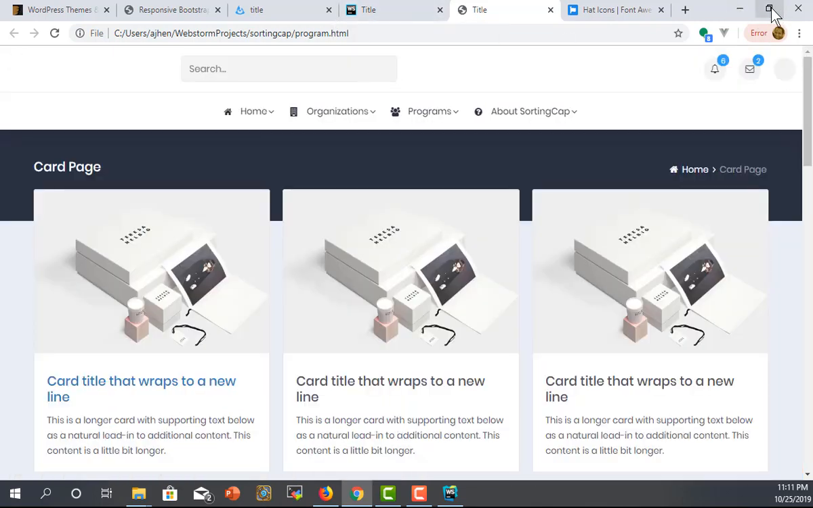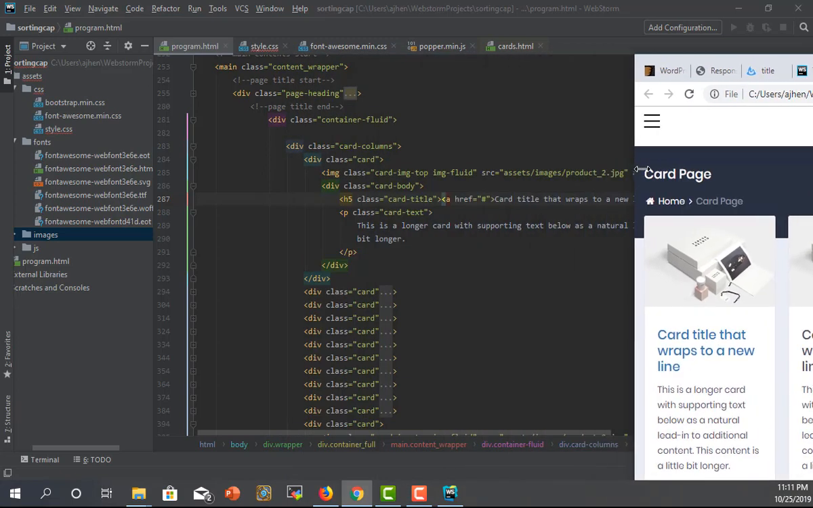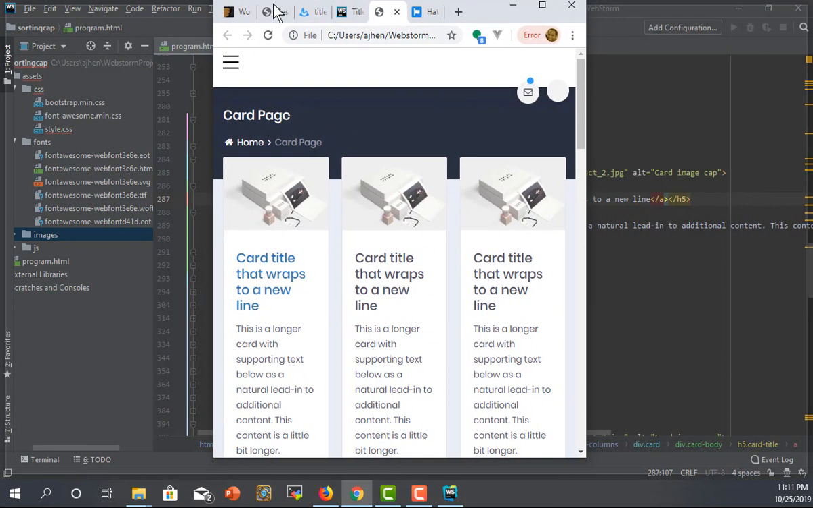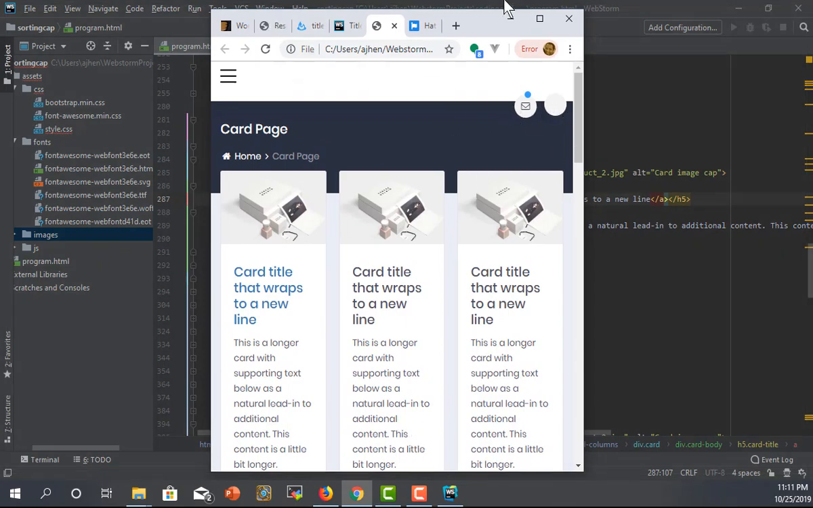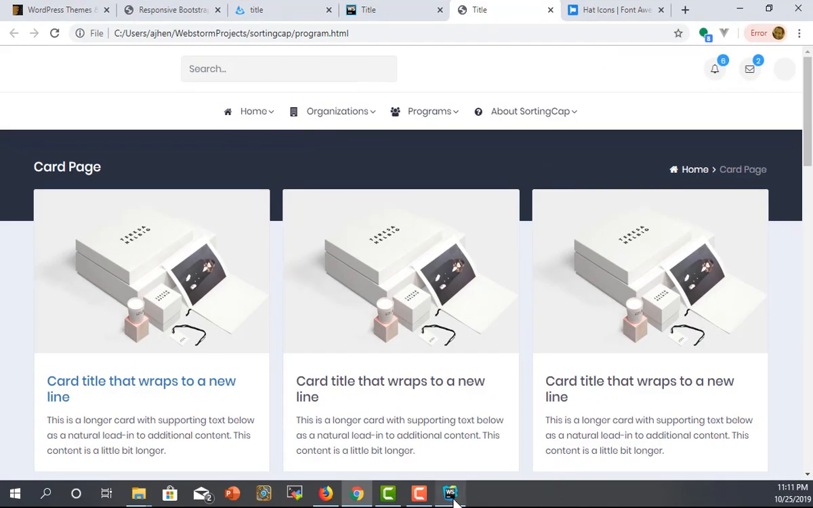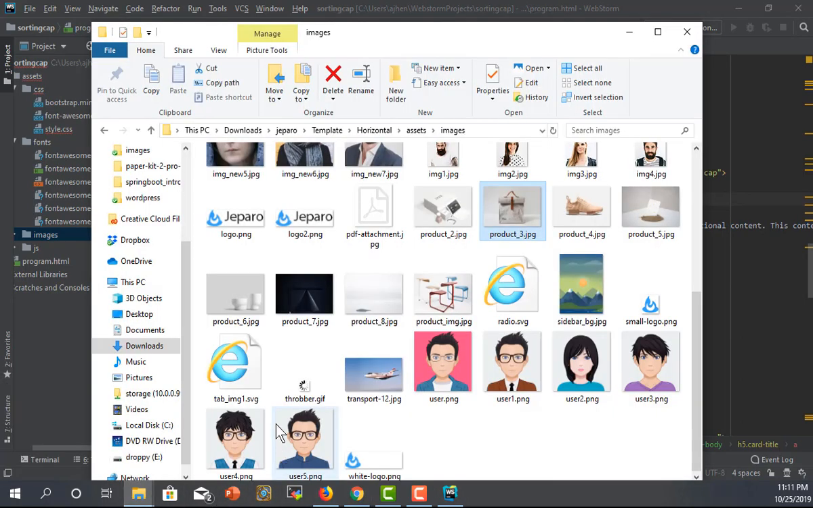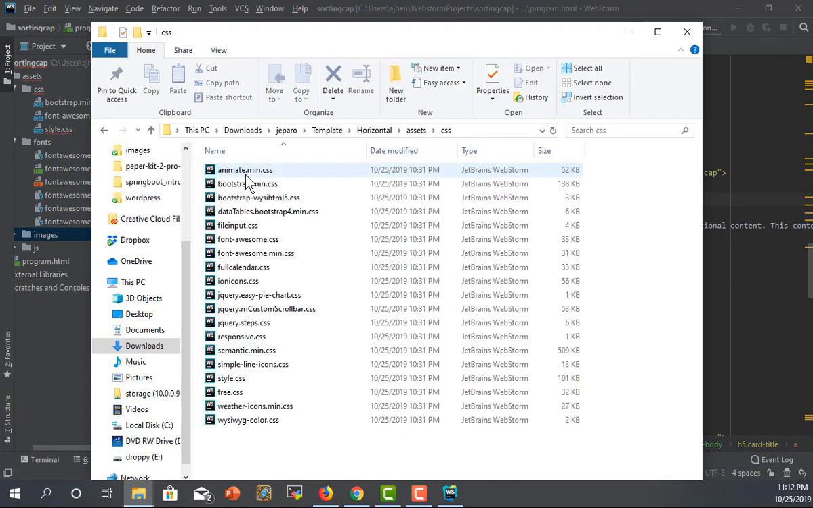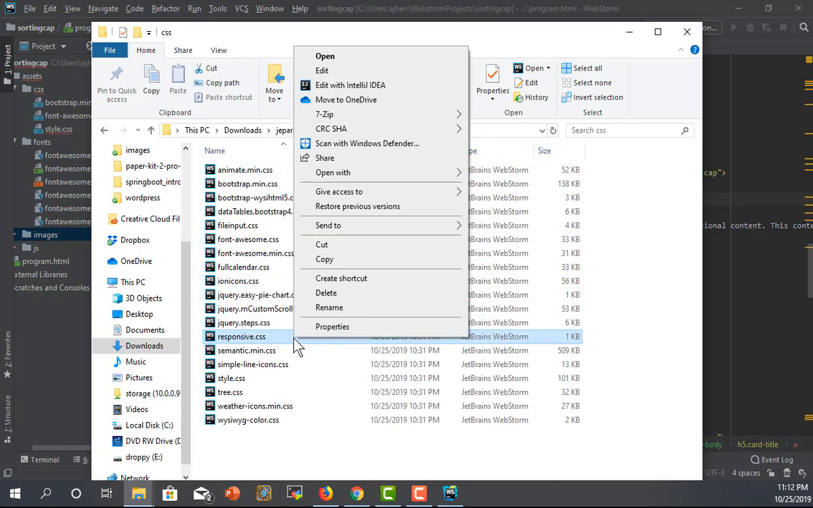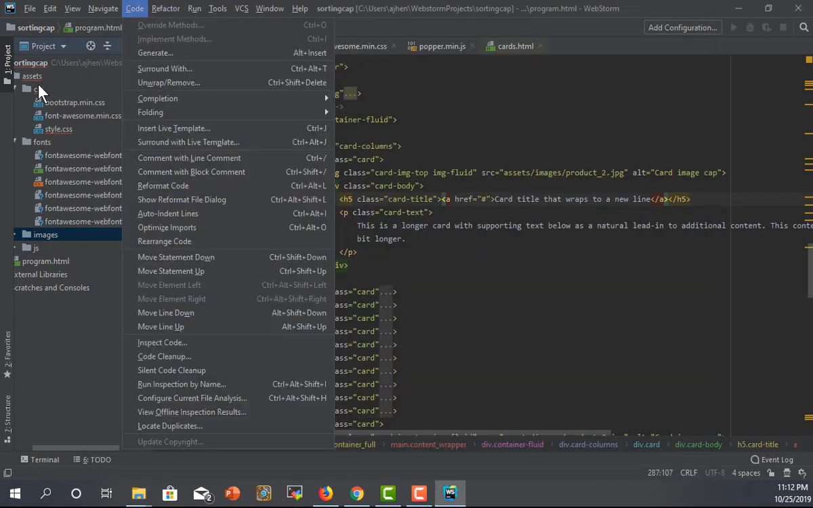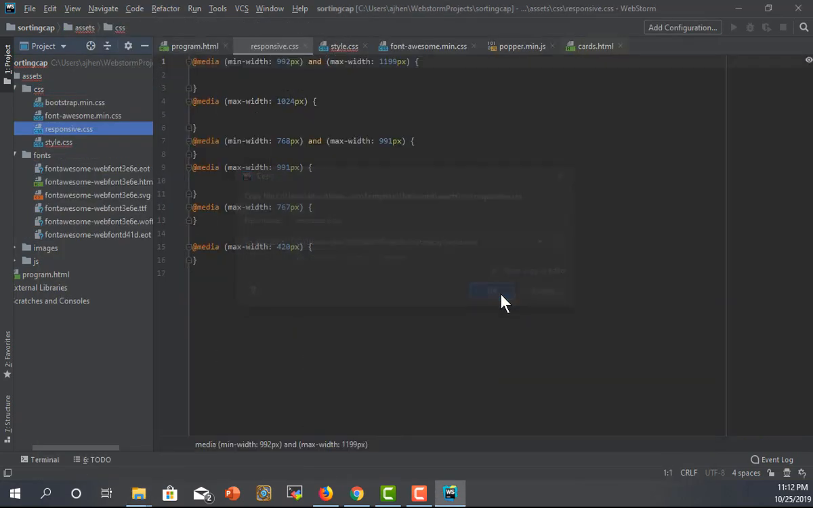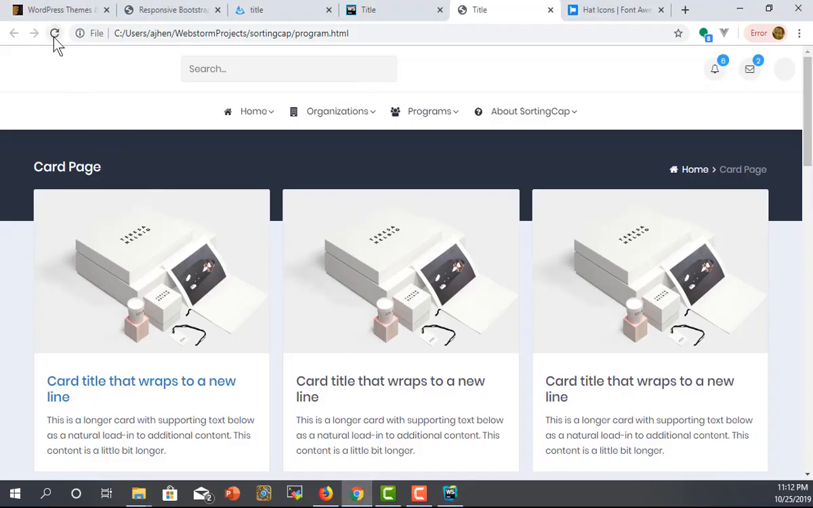So if I take this and make it narrower, it does some things. I don't know if this is everything that it's supposed to do. Let's see what happens when we put the responsive CSS file in there. So I'm going to go back to my CSS folder. Responsiveness deals with how your application, how your web design reacts to being on smaller browsers. So I'm going to copy this, paste it into here, come back here, hit refresh,